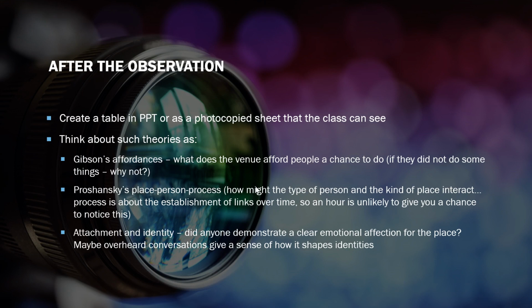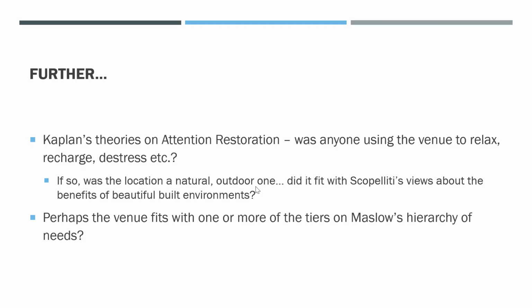But there may be some elements to which you could make a fair guess that this place might hold a significance to some of the people that you're observing due to the way they behave. Do they look very familiar with the place? Do they look like they know exactly what they're doing and where they're going, or are they wandering around looking a bit lost because maybe this is the very first time they've ever been there? So you can make fair guesses about those sorts of things.